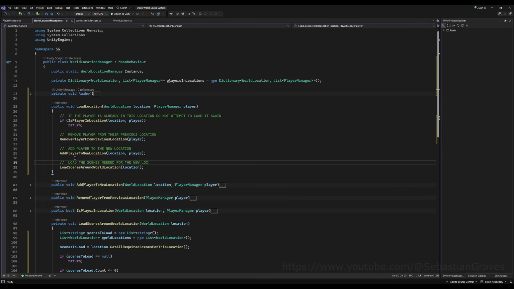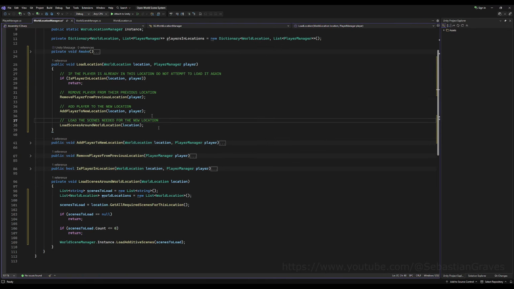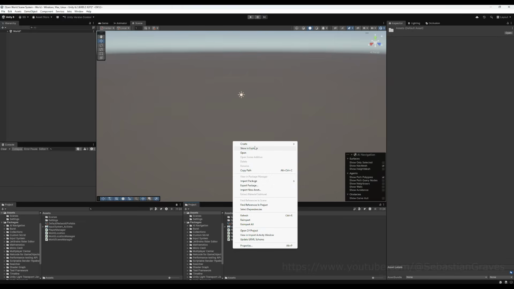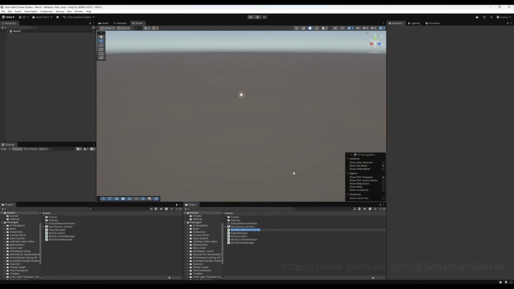So this function, which is going to utilize all these other functions we made on this class, is going to be called from a trigger. Or if you want to start the player in a specific area when you load into the world. So let's make that trigger really quickly now. What we're going to want to do is go into the project here and create a new script, and the script is going to be called